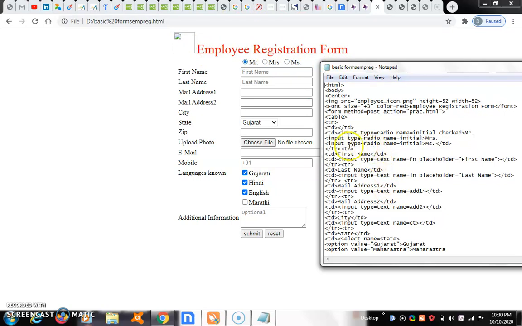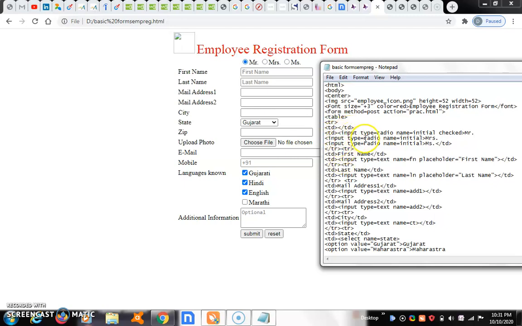Next, in these forms, maximum all the tables are involved. Two important tags: table row and table data. Those two are very important. Here table row opens, then table data opens and table data closes.